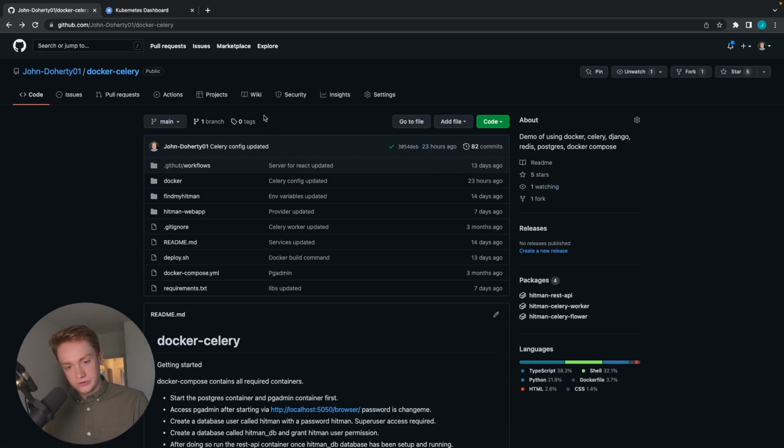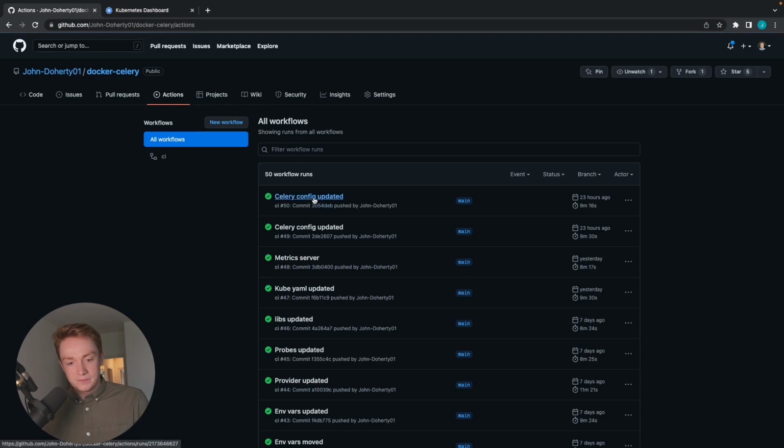And after it's pushed to those Docker registries, then Kubernetes is notified of this update essentially by changing what is called the YAML file. So a YAML file is where the Kubernetes configuration is stored. So with each time I push to this main branch, the code will be built using Docker. These new Docker images will be pushed to my Docker registry, and then after that action is completed, then Kubernetes